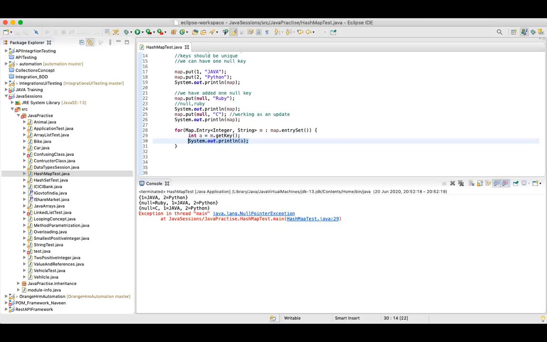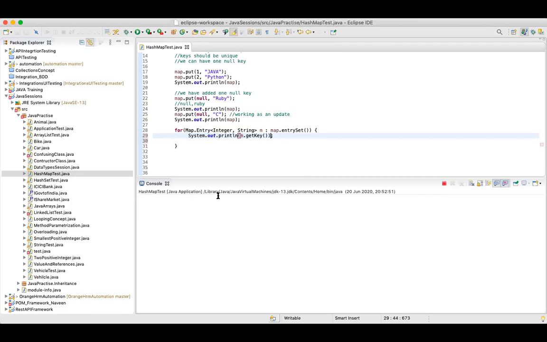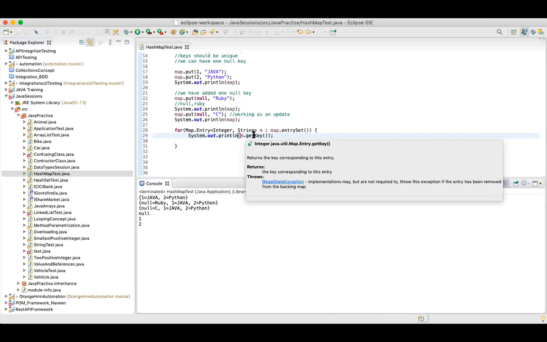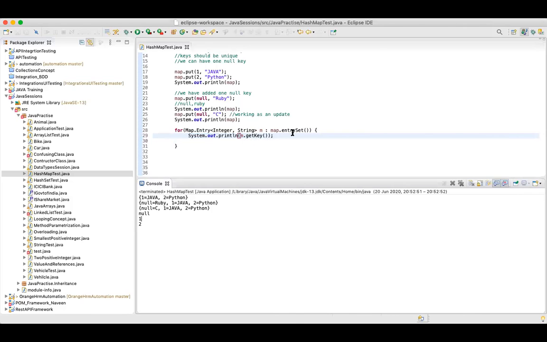Let me print this directly instead of saving. Let's say I'll print this directly, and now what can I see? Okay, let me check. It's returning you an integer, the key corresponding.